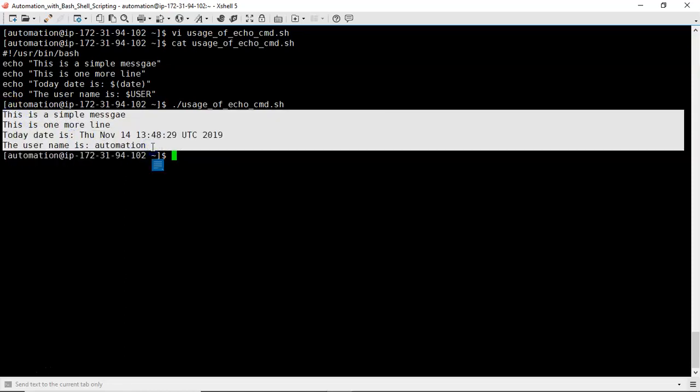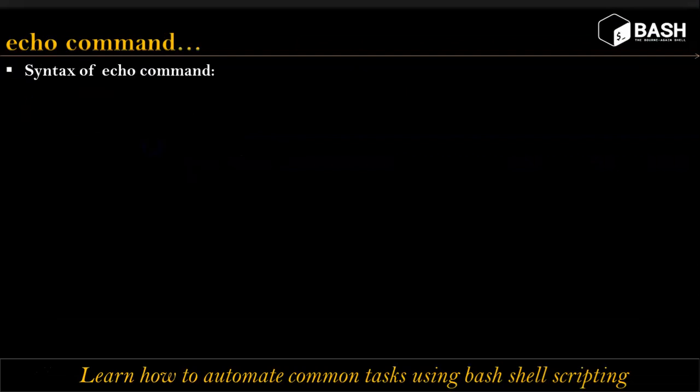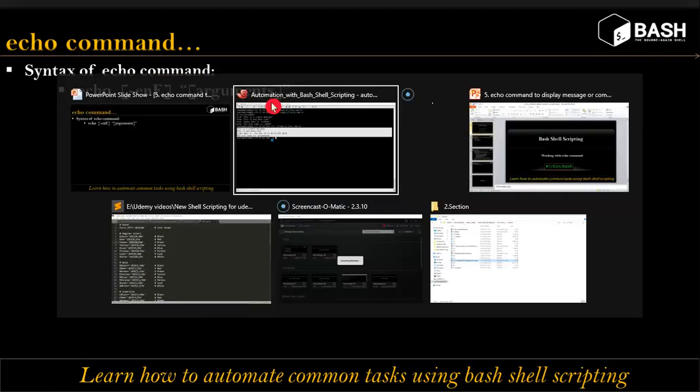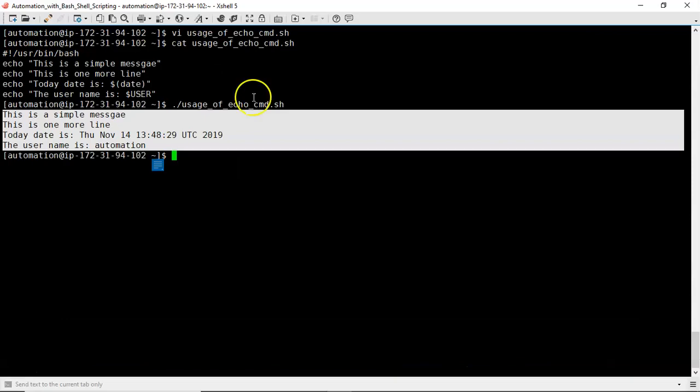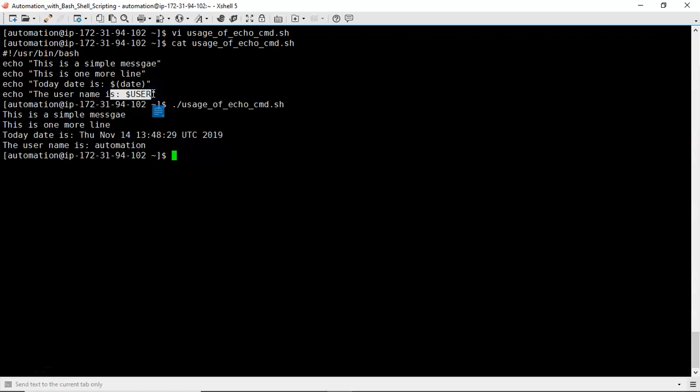Fine. Now this is a very simple echo command. Actually, the complete syntax for your echo command is echo, -e or -n or -E. These are optional, and arguments are also optional. As of now, we are running our echo command by providing a message or some command or some variable. I can also use the echo command without providing anything, but it will display an empty line.